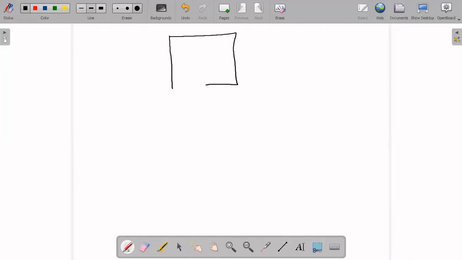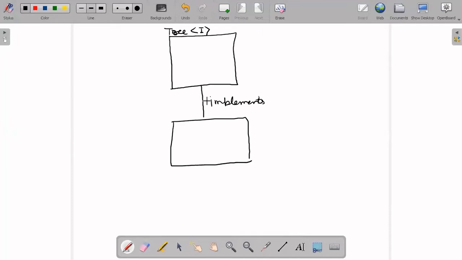Wherever it is an interface, I represent it with I. This tree interface is implemented by a class, the abstract tree class.